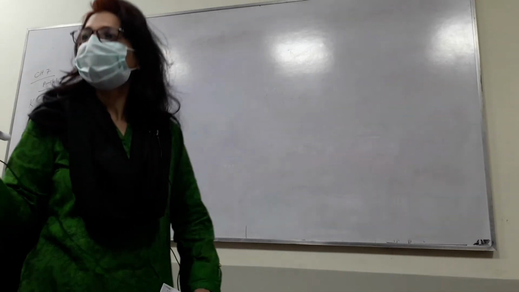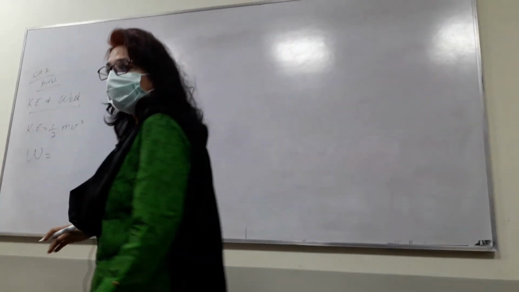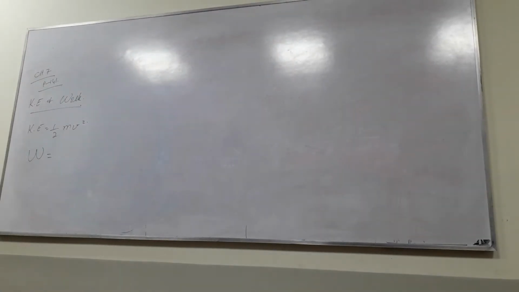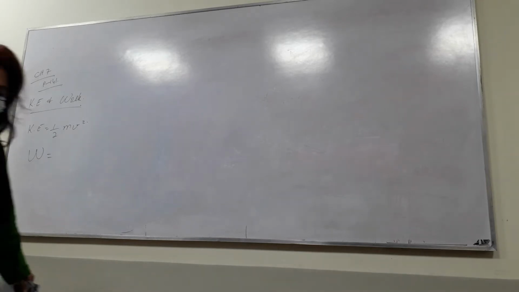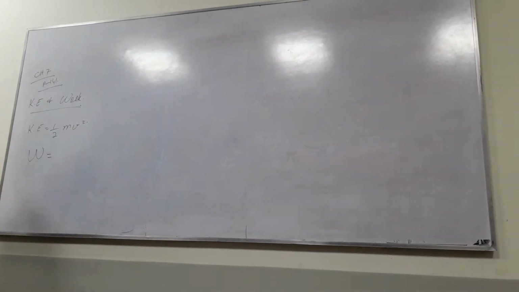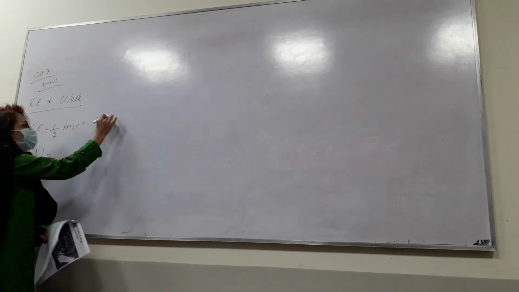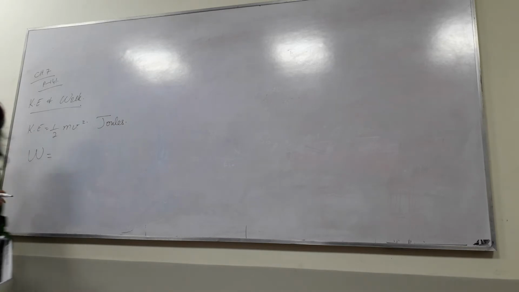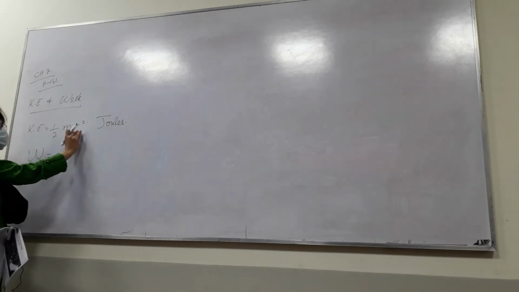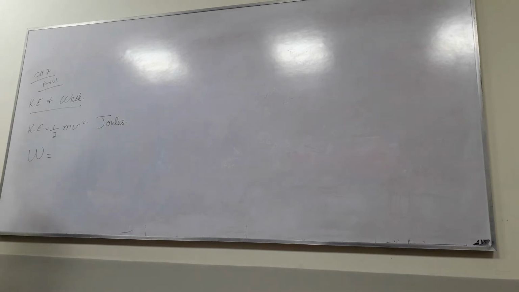What's the formula? F dot D. So if it's F dot D, it means it's a scalar or a vector? It's a scalar quantity, right? Okay, what are the units for energy? Yeah, joules, capital J. Right? You can put this and see, this is kg, this is meter square, this is per second square.